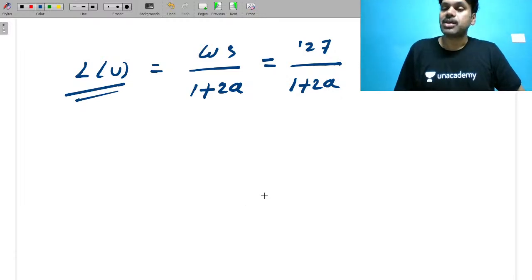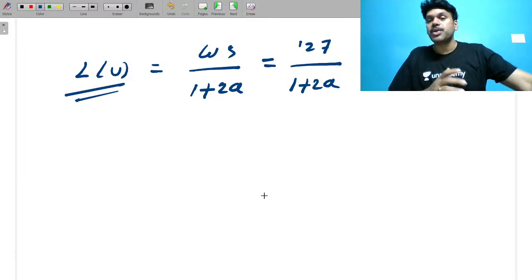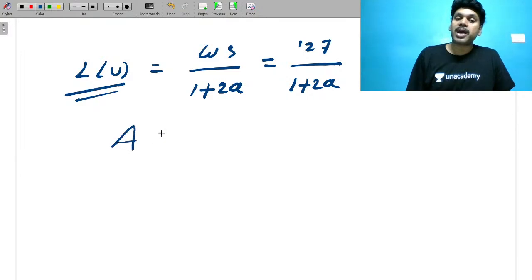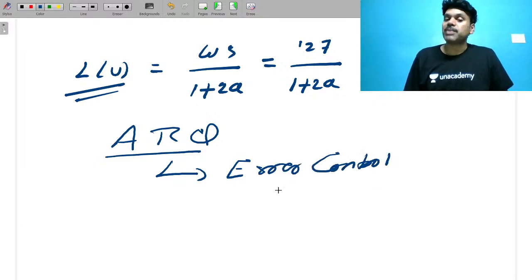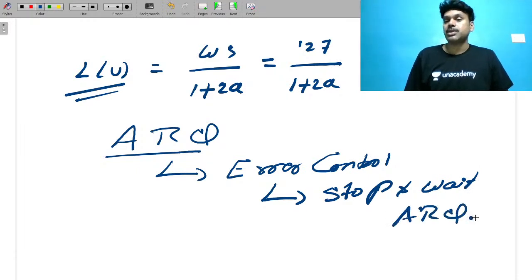Okay friends, we'll meet in tomorrow's session, which is on stop and wait ARQ protocols. That means I'm going to discuss in tomorrow's session the error control protocols, ARQ, automatic repeat request, which is for error control. This is our tomorrow 10 p.m. to 11 p.m. class. I'm going to discuss the first variety, which is based on stop and wait, which is nothing but stop and wait ARQ.